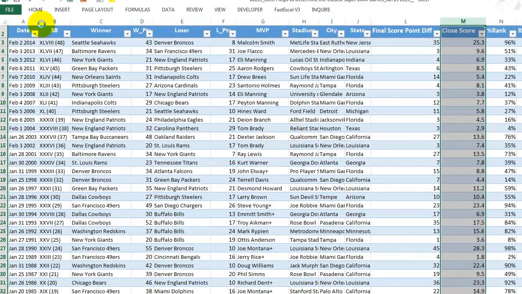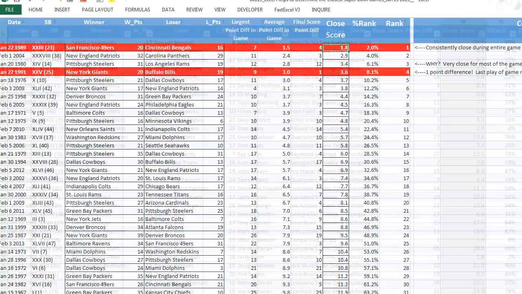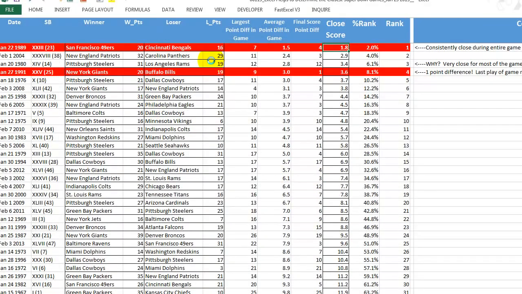So here, this is simply in order of last year's game at the top and going backwards as we go down. And here's my close score. Here's the final score point difference, which, they do correlate fairly well. But here we see that 1991 game, 1-point difference. Really, this is the closest game. It has the most exciting finish. There's a few more games that are really exciting at the end. But interesting. Let's go to the next sheet now. So now I've got it ranked according to my close score. I think I should alter this to give bonus points for a very exciting finish. But anyways,